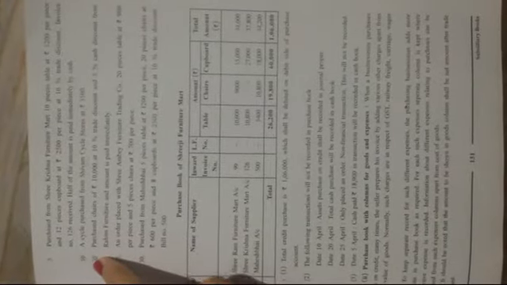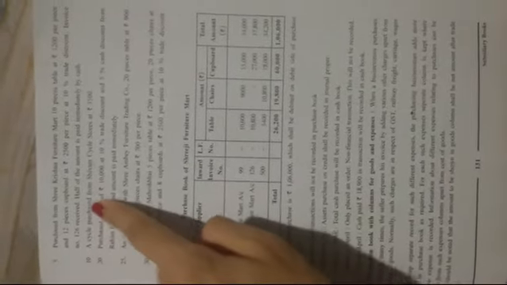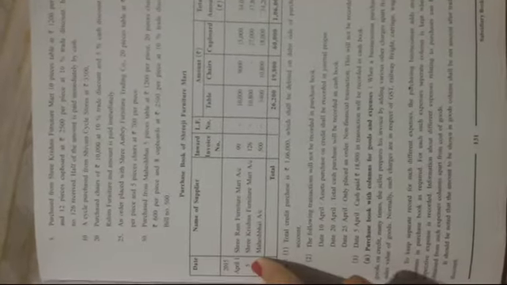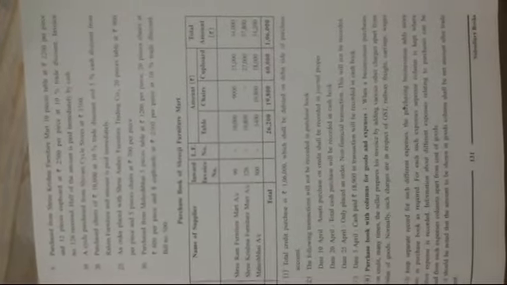Now next is, a cycle was purchased from Shivam's cycle stores at rupees 3500. This transaction would not be recorded in the purchase book because a business like Shriji Furniture Mart deals only with tables, chairs and cupboards, not with cycles. Therefore this transaction would not be recorded in the purchase book.